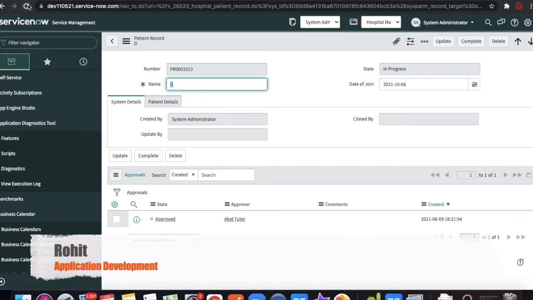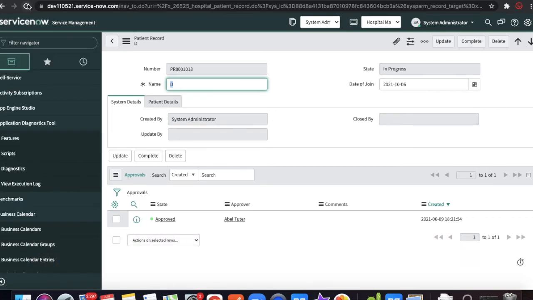Also you notice that whenever we are marking it complete, or clicking the complete button, it is going to a different page, right? We don't want to go to that list layout or a different page.